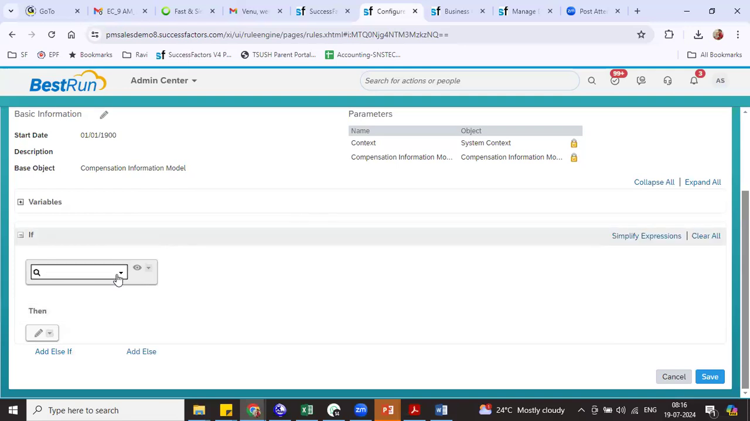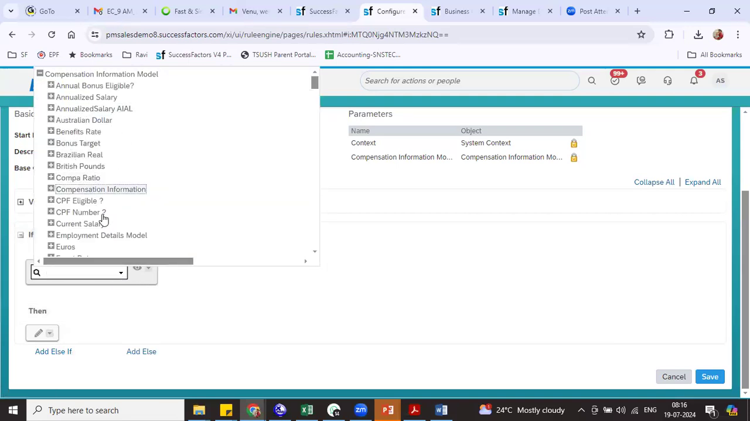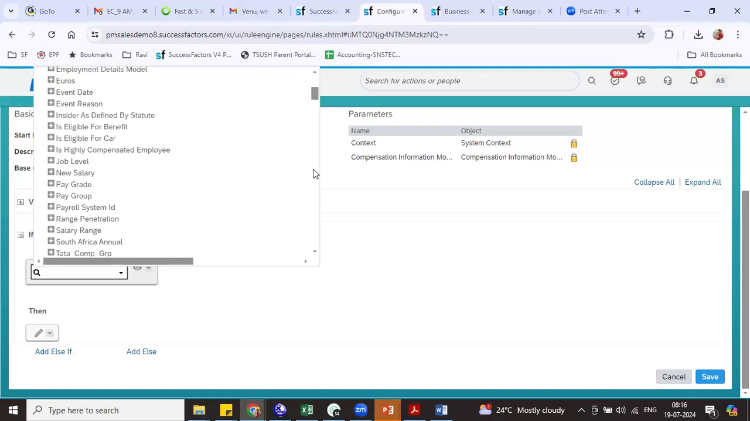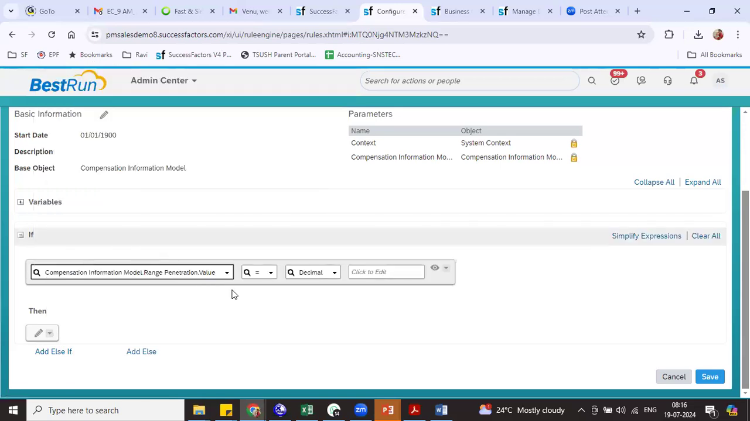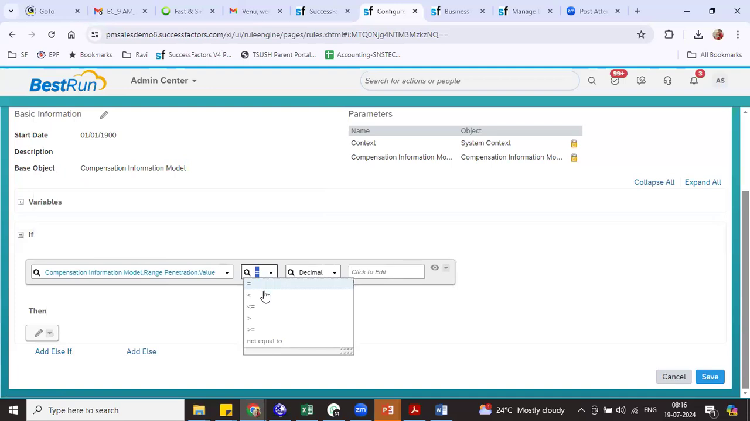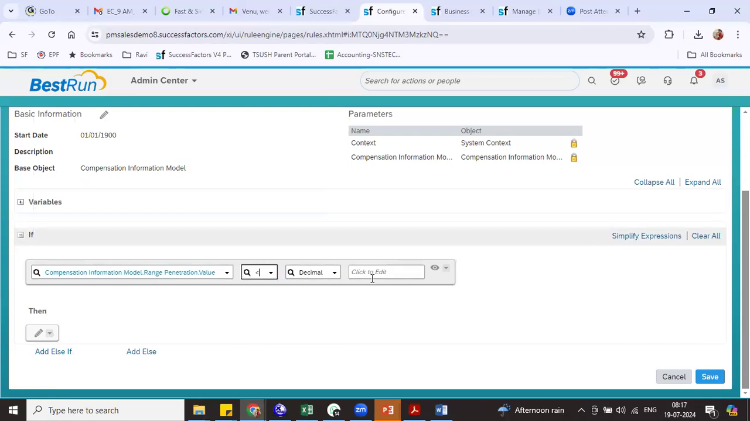When do you want? If range penetration value, because range penetration is a decimal value, you see here equal to, less than or equal to, greater than or equal to, you have these options. If it is less than decimal 0, if it is less than 0, or